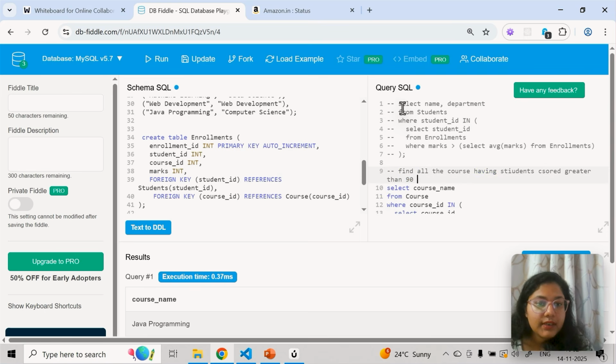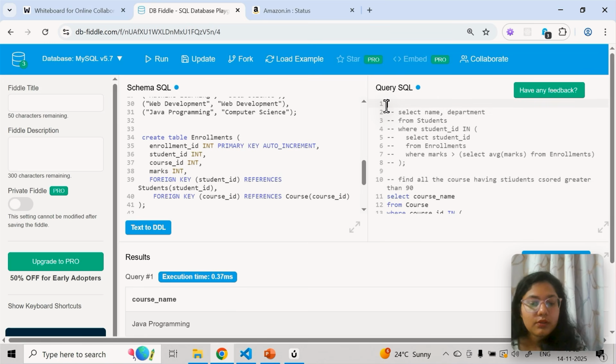And here what we did, we found all the students whose score is greater than the average score.